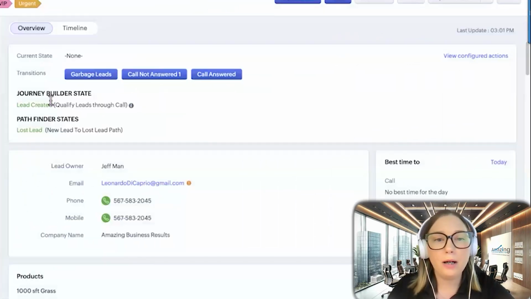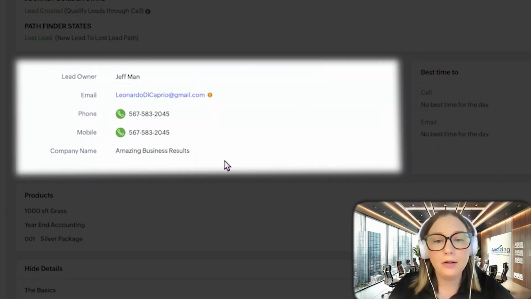Now, in this first box up here, we have our blueprint. We're not really going to get into that today. Just know it's one of the ways that we automate things. So these are actual buttons, and it's going to guide you through the lead process. The second box here, this is the business card we were just talking about.